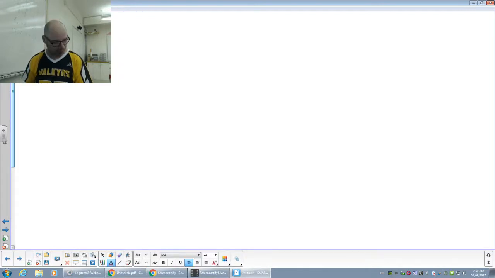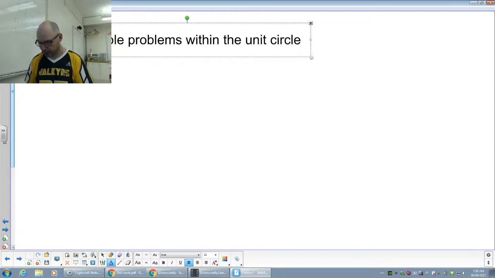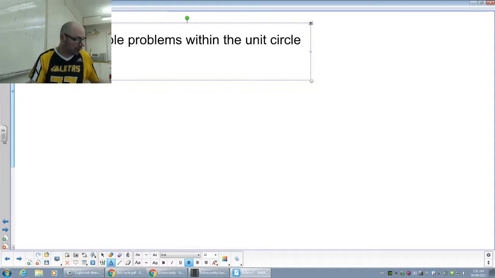So in this section, we'll title this example problems within the unit circle. It's not really difficult stuff. It's a lot of looking in the circle. Like we did yesterday, we did the first part of it: is this point on the unit circle or not? So we did questions 2 and 3 in this section. Now we're going to be looking at